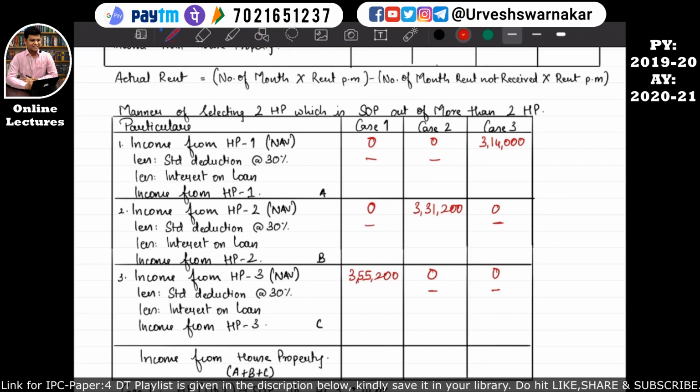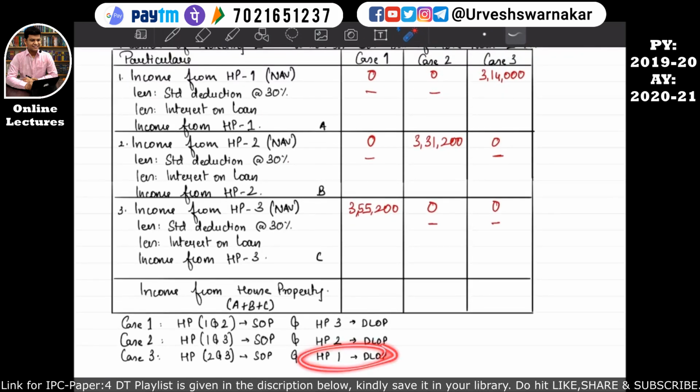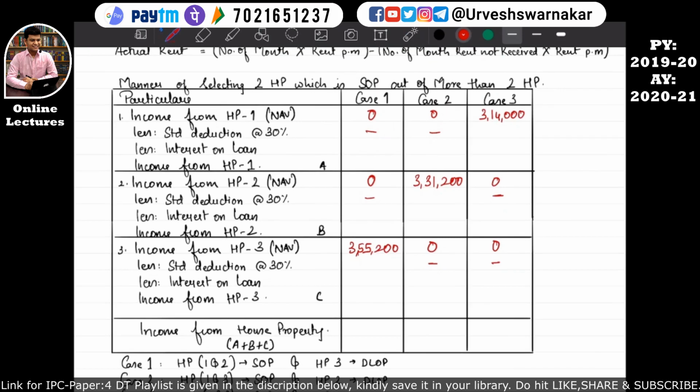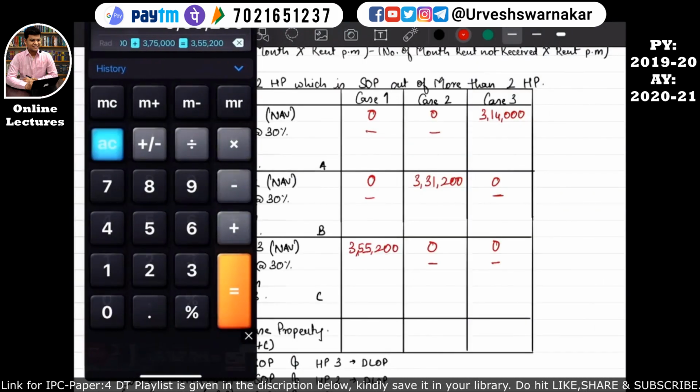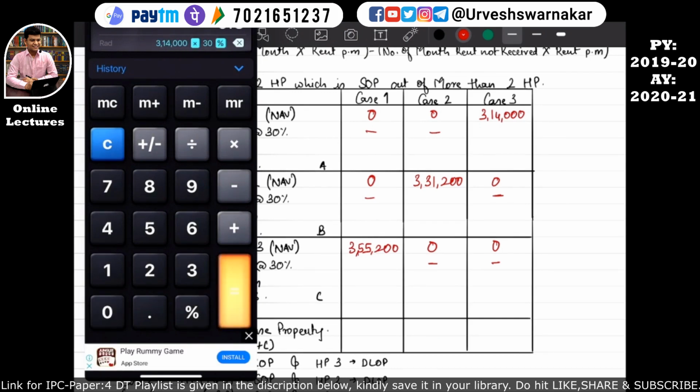So we need to calculate the 30% standard deduction on this in case 3. That means house property 1 is a DLOP, so we will calculate that. The standard deduction at the rate of 30% on 3,14,000 will be 3,14,000 into 30%, which is equal to